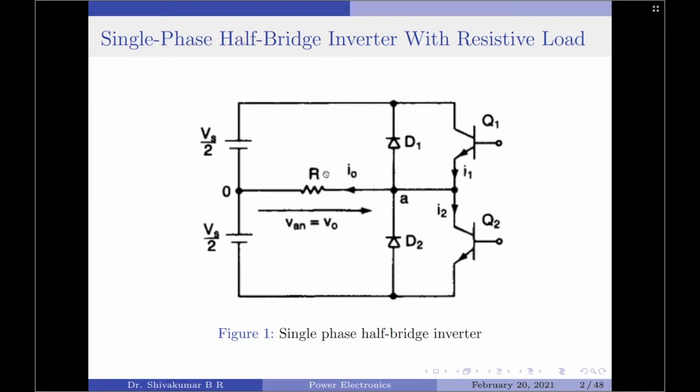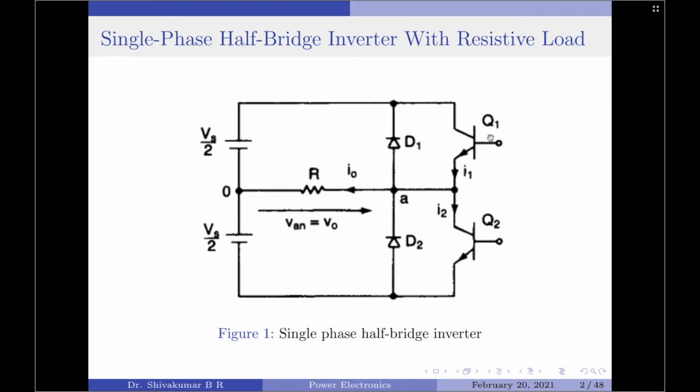It should be noted that the inverter circuit consists of two choppers in the form of Q1 and Q2 and two diodes. However, the diodes do not play any role in the principal operation when the type of the load is resistive in nature. They are only used when the type of the load is inductive.